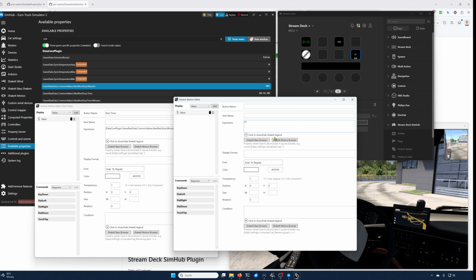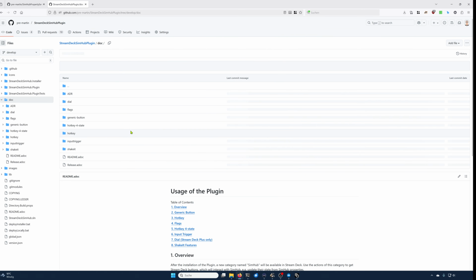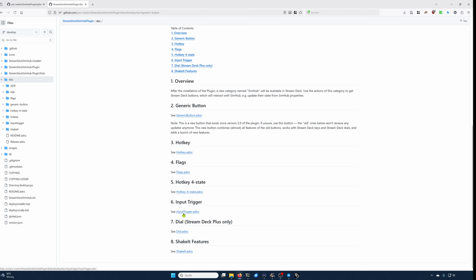Now, for the first part, for the hours, we have to divide it by 60. That gives quite a long number. So we have to check what we can do in order to get just the first part here, the 1. If you check the documentation of the generic button,